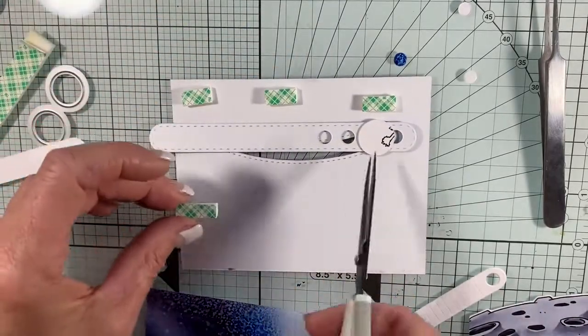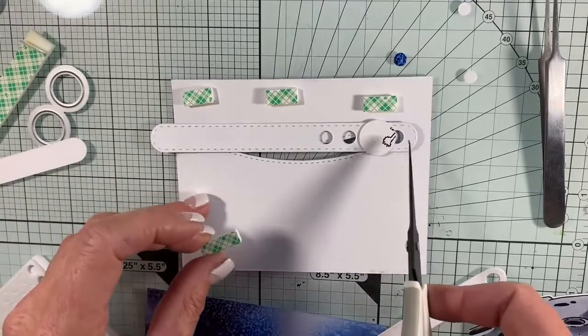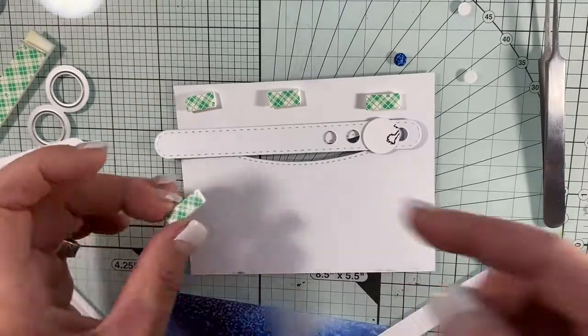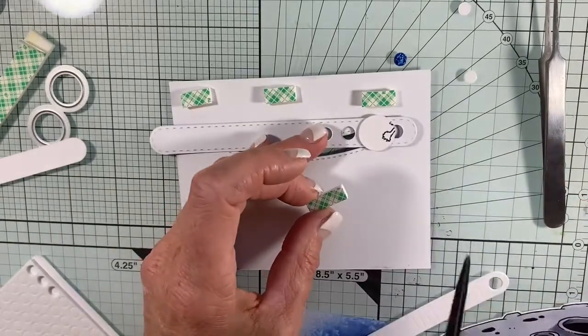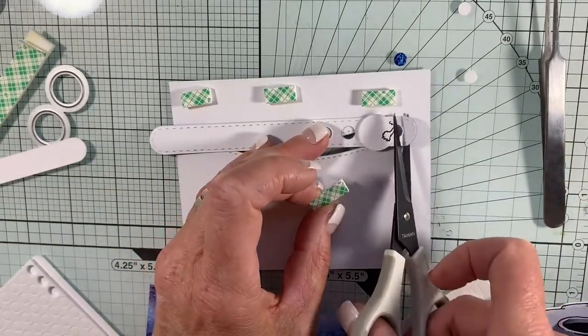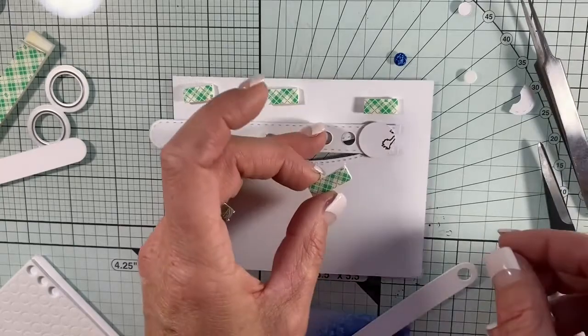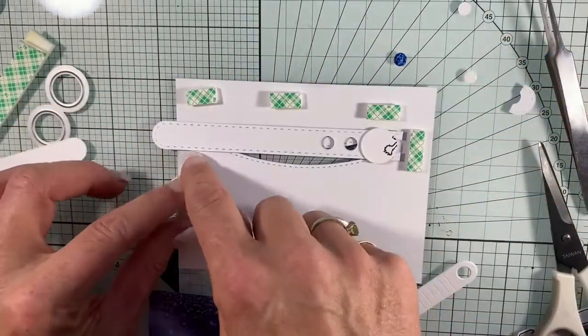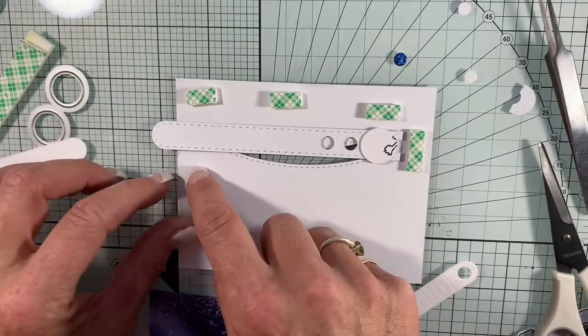I doubled up this foam tape, by the way. Now remember what I said about the top portion? We need to be able to run something by it. So in order to keep this stable, I'm going to cut off that end. I'm going to put it there. Nothing to keep it stable here, except for